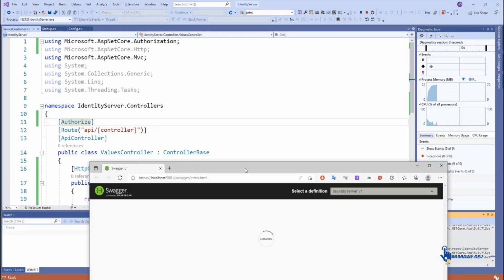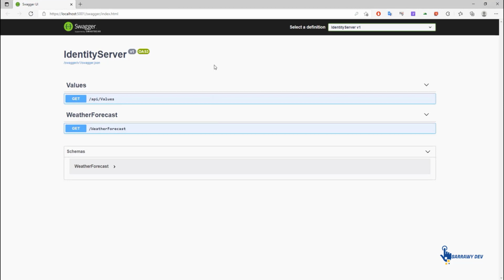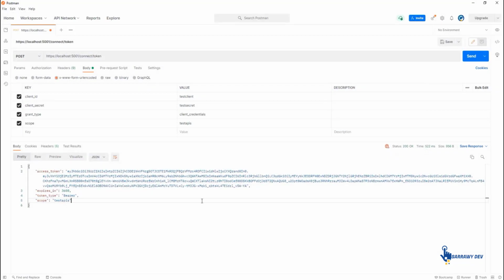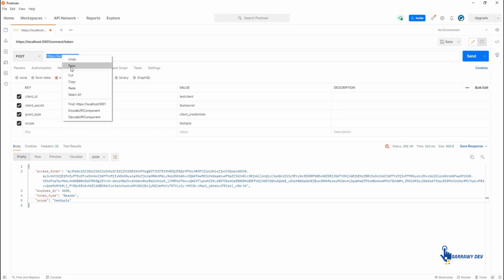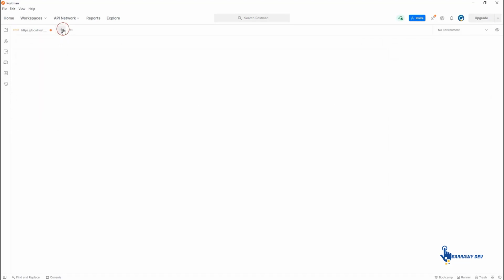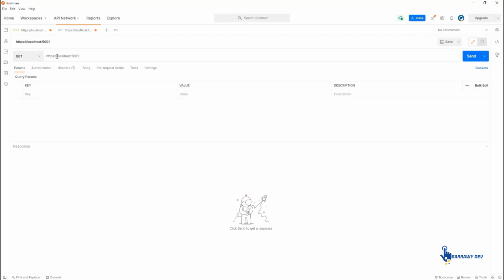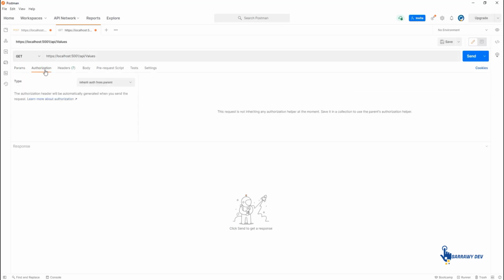Next, to test the API, we use Postman again. Remember to select Authorization and Bearer Token, and then provide the token from the previous step.